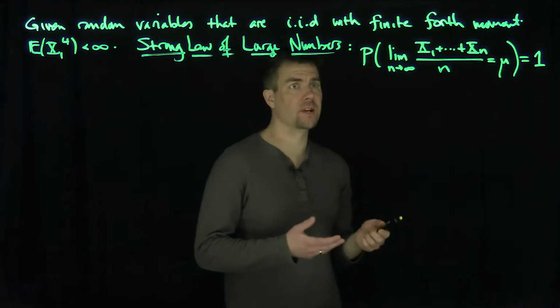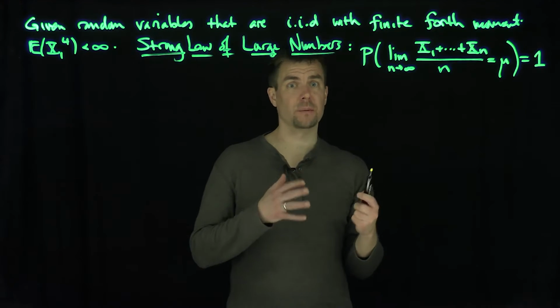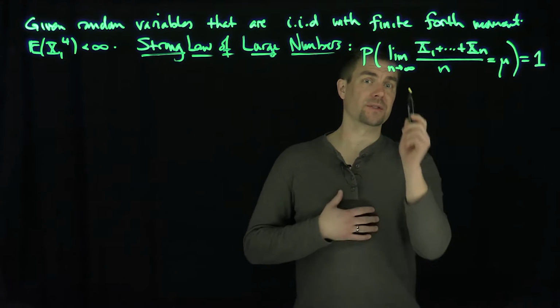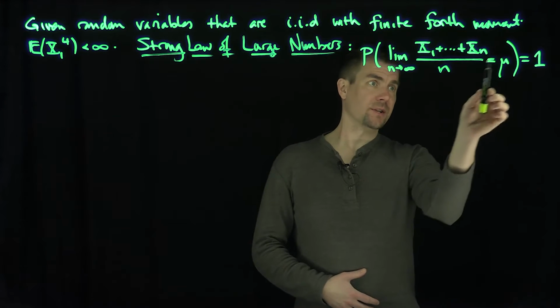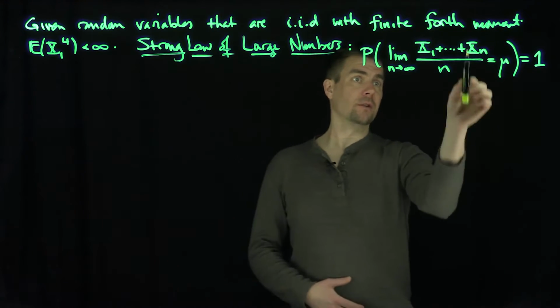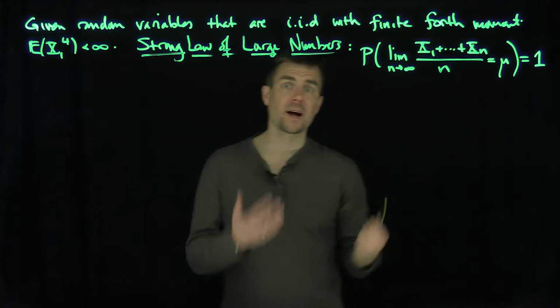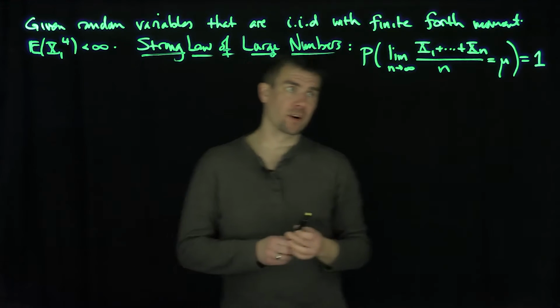The weak law of large numbers has the limit on the outside. It says that it converges in probability, but we have a stronger condition over here. It says the limit exists. This limit will exist and equal mu with probability 1. So this random variable is going to converge. It will converge to a constant with probability 1. That constant is just the common mean of the random variables.